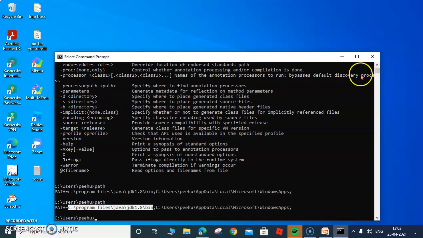Now the next job, which you will do regularly, is how to type a program, save a program, compile a program, and then run it. For this, you always need to go to the Documents folder. Let me tell you one thing. What you need to do, just type, okay, I'll show it again.